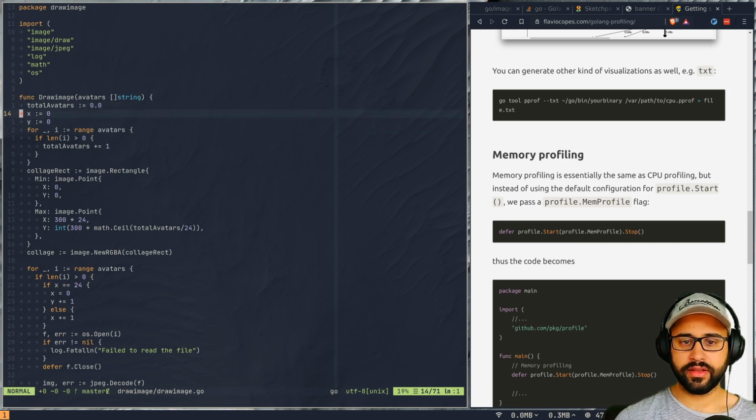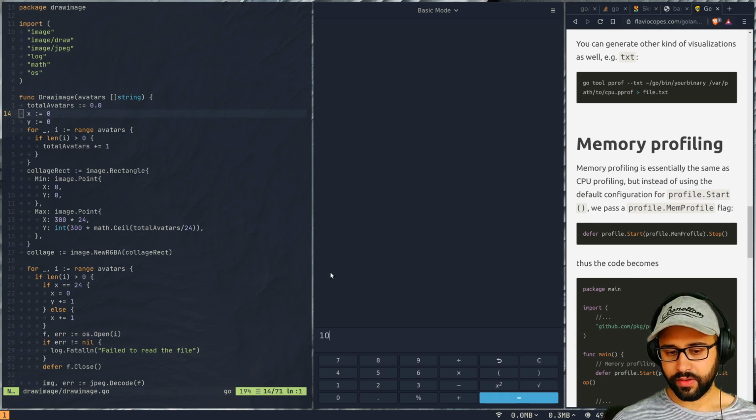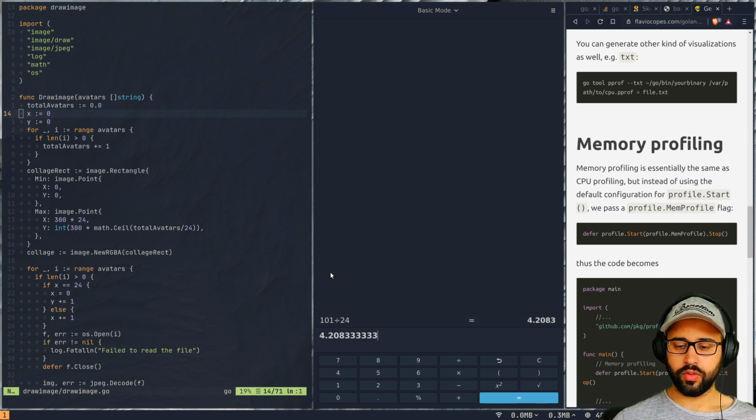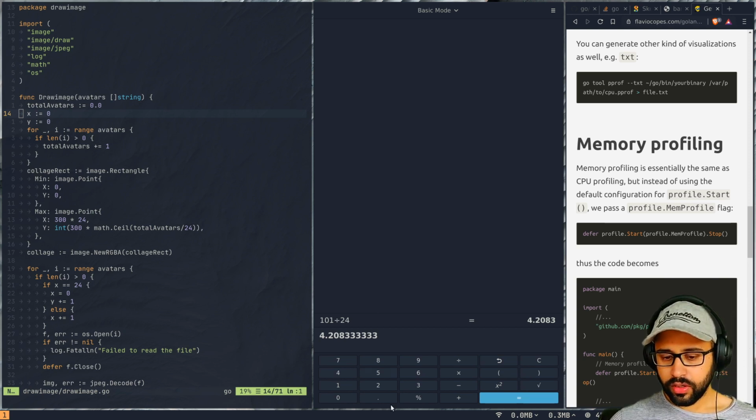So the way we'll get it is, let me pull up the calculator. So we have currently 101 images, right? So if we do divided by 24, okay, I need to do that. So we'll get 4.2, right? So, but can we do a